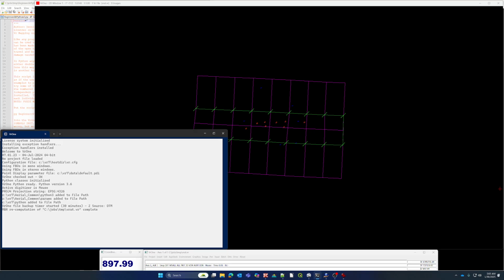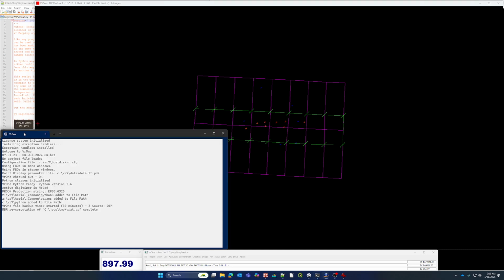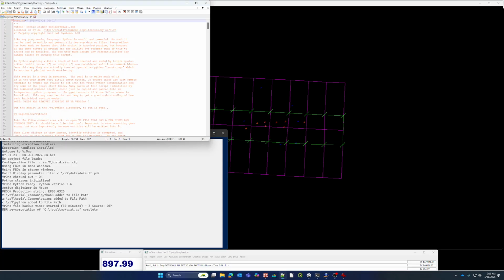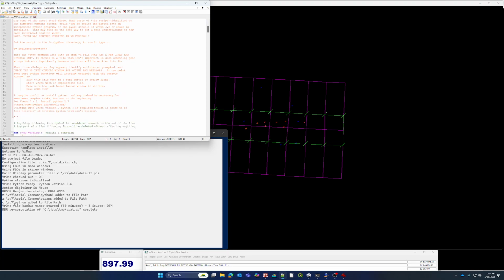I have got a VR file open. It has some lines and a couple of symbols and some text in it. I have got the launch window available so that if I want to look at it, I can. And I'm going to have the beginner's VrPython 3 script open so that I can follow along as I go. There's a lot of text in here. Some of it might be a little dated, but I try to keep it generally relevant